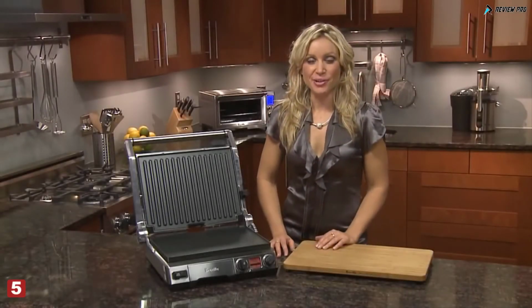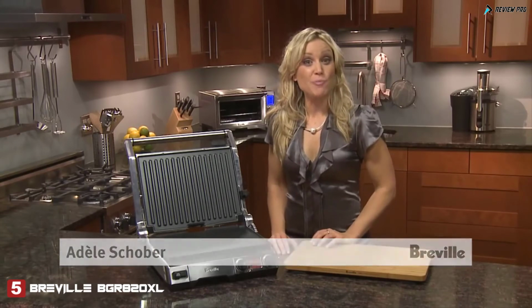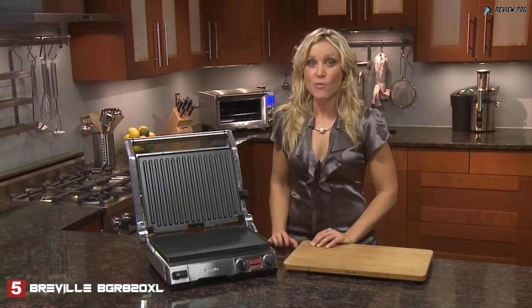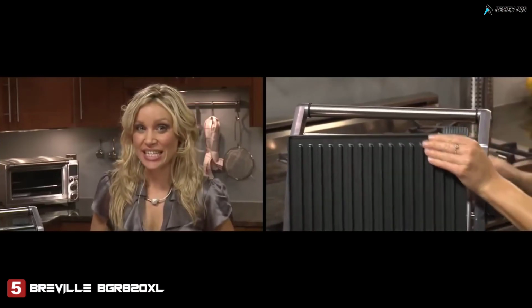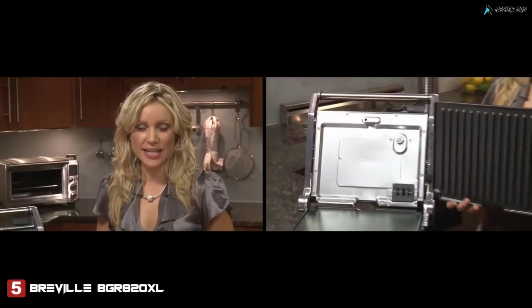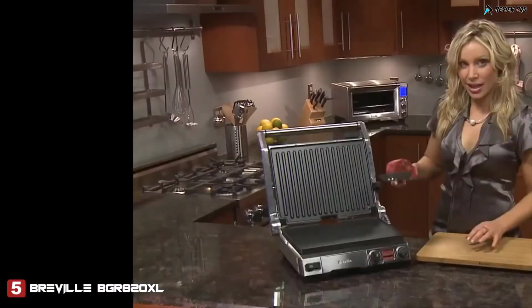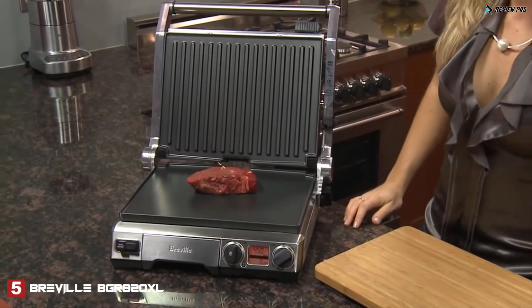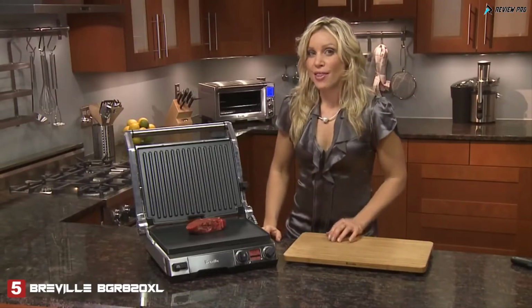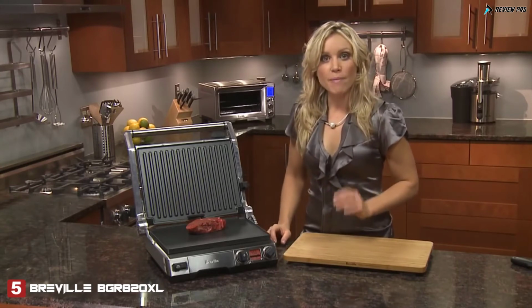Introducing the Smart Grill. With powerful heating elements embedded into the plates, the Smart Grill preheats faster and cooks quicker with the convenience of being dishwasher safe. One of the new innovations is the sensors built into the plates. These Element IQ sensors will detect when you put something cold, like a steak, on the plates. After they detect this temperature drop, the elements compensate by injecting more heat into the plates so it maintains the